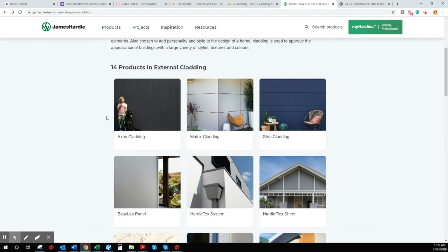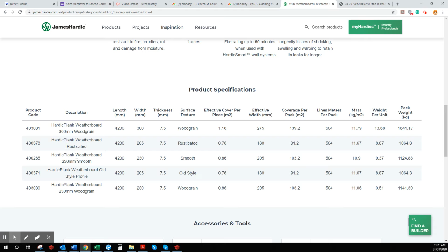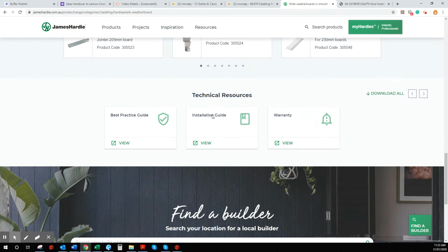So the ones that I wanted to cover was the Hardy Plank. This is where we've got any of our weatherboard type products. They're all really very similar in terms of how they're calculated. So if we did have, say, a weatherboard here, you've got the length at 4.2, which is fairly standard, and then the width at 300. Now that's the width of the board, but the effective cover, because you've got an overlap,